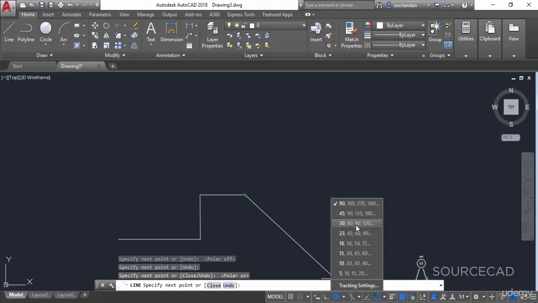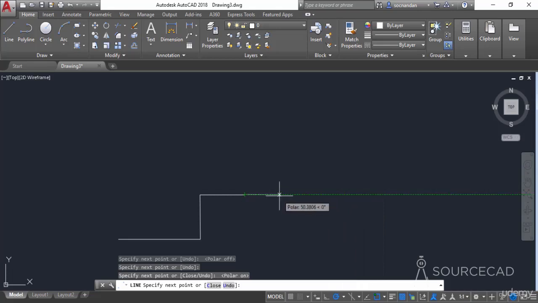Here we have 60, 90, 120, 150 and so on. So let's click here. Now we have the first angle at 0, then the second tracking vector at 30, then at 60, 90, and so on. After every 30 degrees, we have this tracking vector, and that will make the drawing workflow very easy, and you will be able to directly snap to those angles easily using this polar tracking tool.